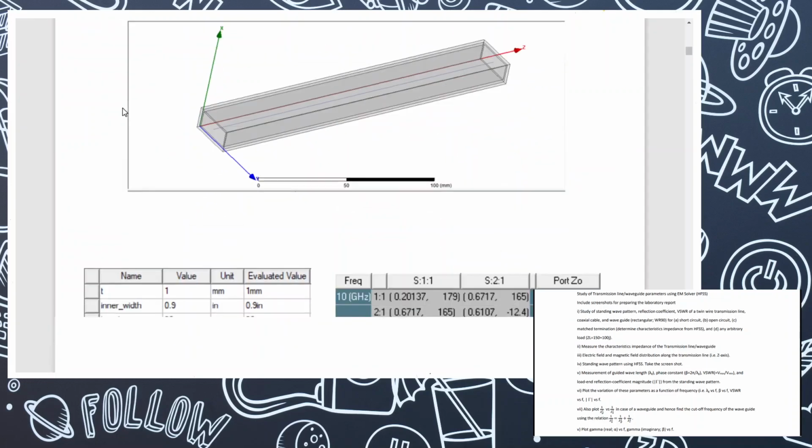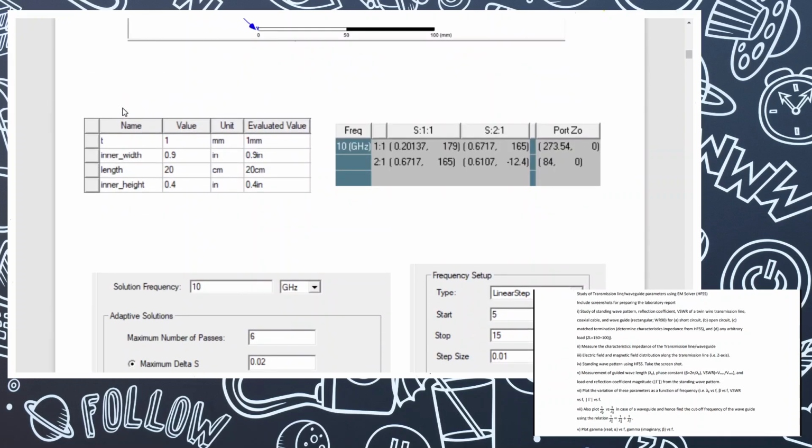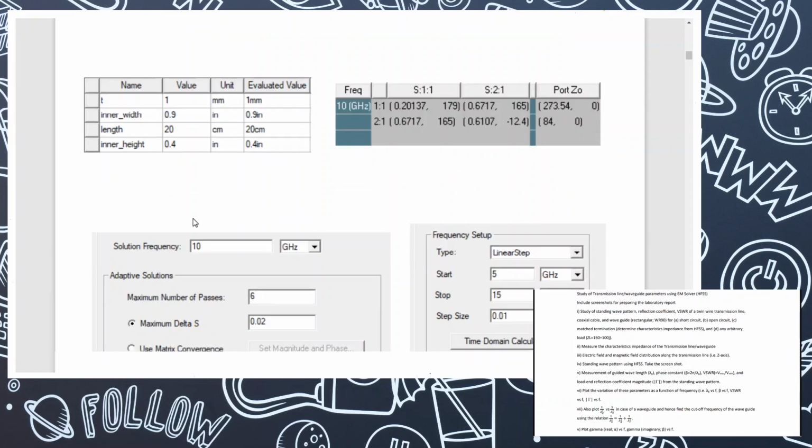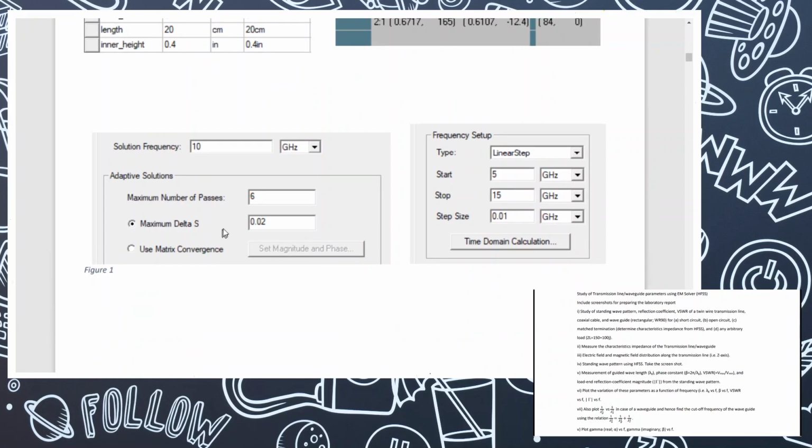This is the structure, and these are the different HFSS properties that we are using in this structure. This gives the dimensions of the various blocks used in this video, and this is the actual diagram which shows the characteristic impedance of the structure. I will be showing this part in the later part of the video. Let's now first look at the solution frequency. We will be calculating the solution frequency of 10 gigahertz.